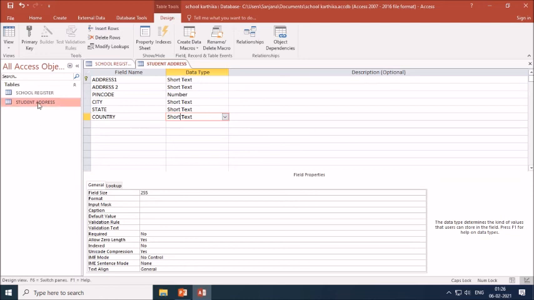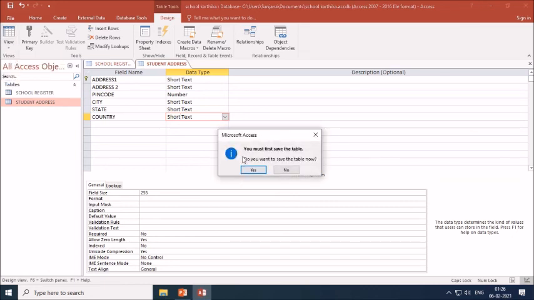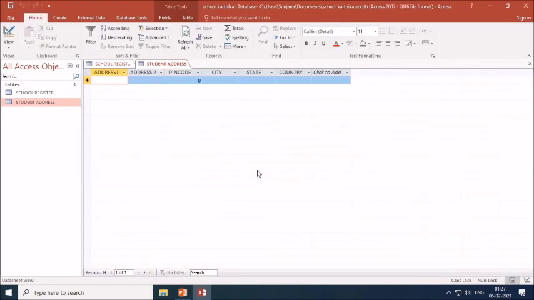Now we can add the records by going to view and datasheet view. Access is telling you must first save the table. Do you want to save the table now, yes or no? So click on yes. Your table will be saved and it will allow you to enter the records.